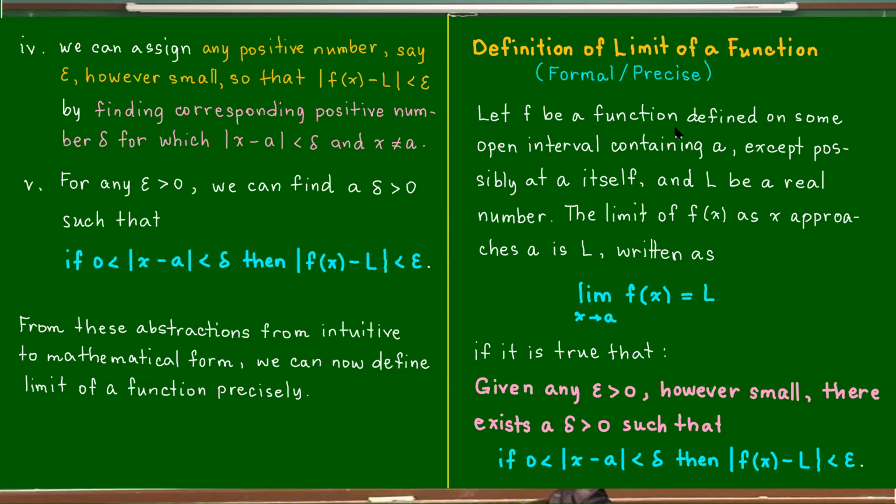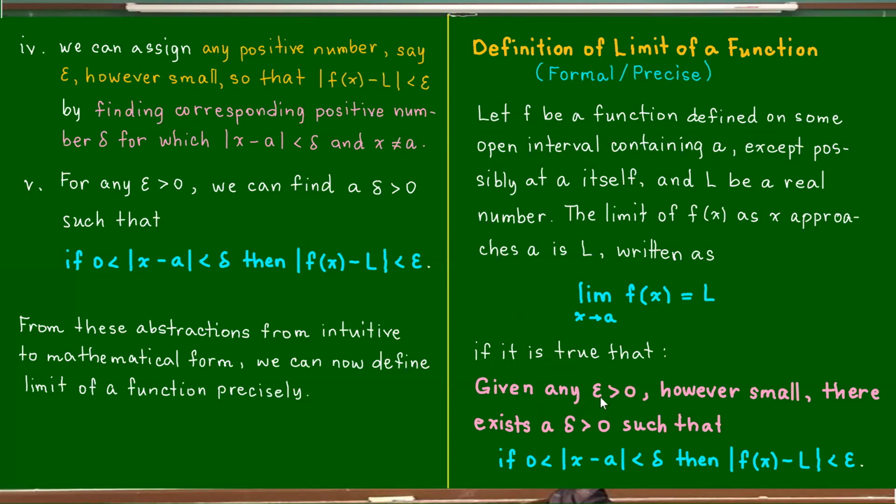Let f be a function defined on some open interval containing a, meaning f of x is defined at every number in the interval containing a, except possibly at a itself, and L be a real number. Then the limit of f of x as x approaches a is L, written in this notation, if it is true that